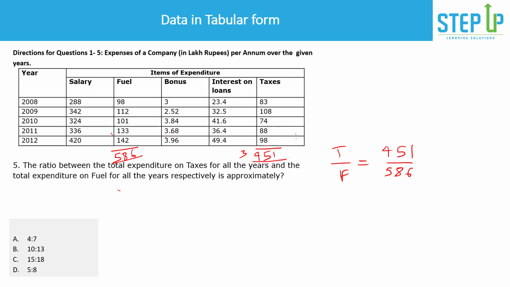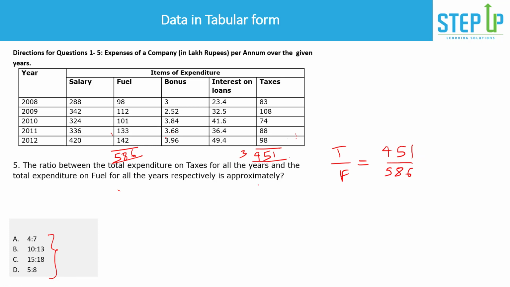Now this addition is something that everybody will be able to do, but here is the thing: the ratios are like this in the options. So although they are far away, how do we come to it? First we'll try to use the divisibility rule. Is it divisible by 2? No. 3? No. 4? No. 5. So you're not getting a number which can divide this easily, and then you could come to smaller